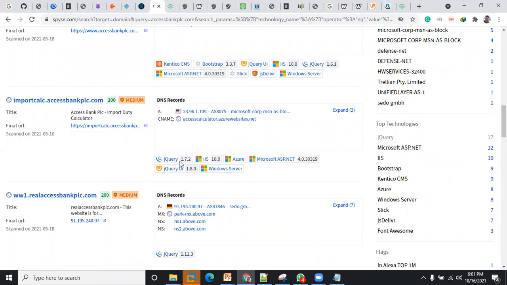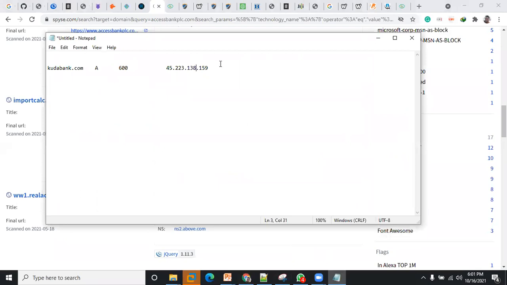Now, these are their external facing assets. Don't forget, they are using Azure, and look at the various versions. If this particular version is vulnerable, all you need to do, for example, is copy this out. This is jQuery, for example. Just copy this out somewhere. We want to check if this jQuery has any exploits available.